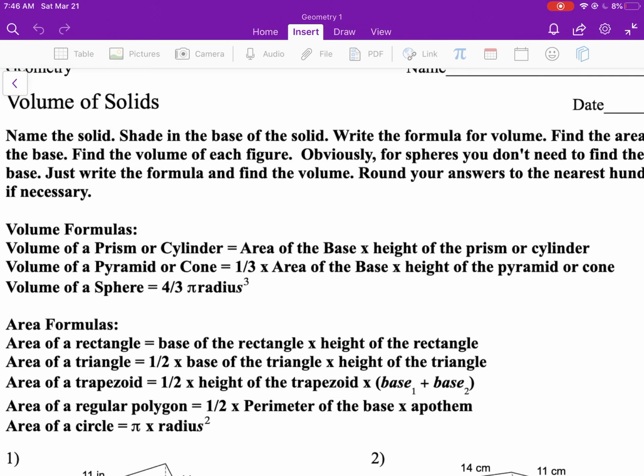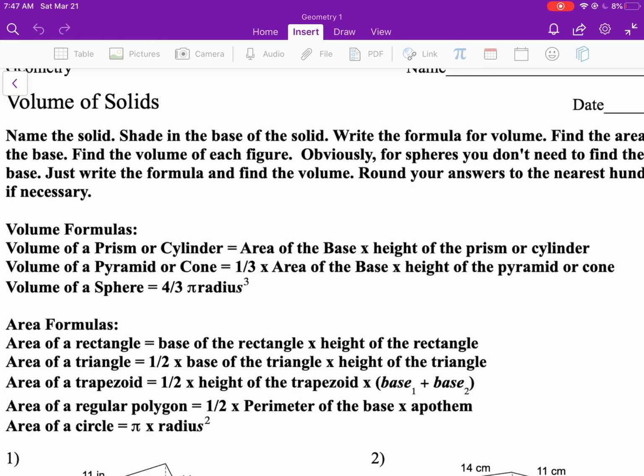So we worked through the volume formulas for our different three-dimensional shapes. So here's the worksheet I want you to do. I'm going to work through a couple problems just to get you started and to help you think through the idea. So it says name the solid, shade the base of the solid. I think this is really important because sometimes we get mixed up what's the base and then we end up using the wrong height